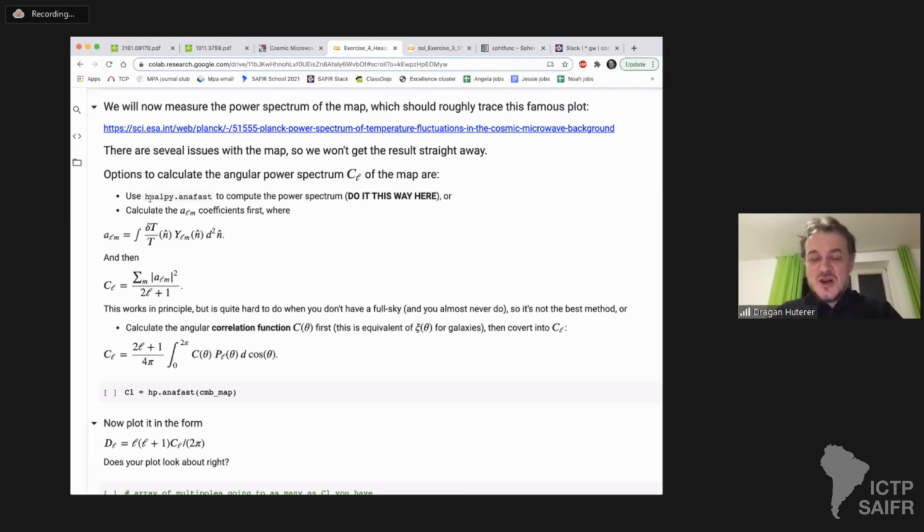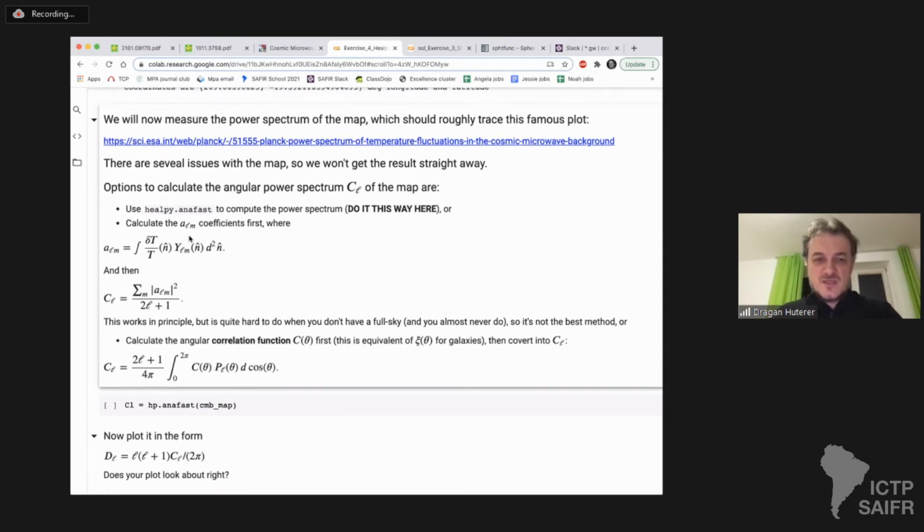You could do this from scratch, but here it's really much better to use healpy anafast. It's going to be one line of code. Otherwise, because you have a full sky, delta T over T is expanded in a sum of a_lm Y_lm, right? So a_lm are the coefficients, and by the orthogonality condition, you can write the a_lm coefficients, which are complex numbers,